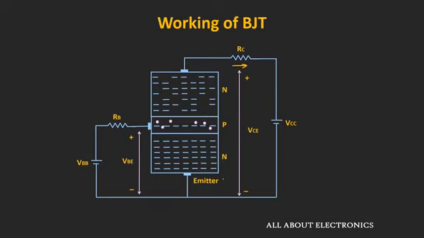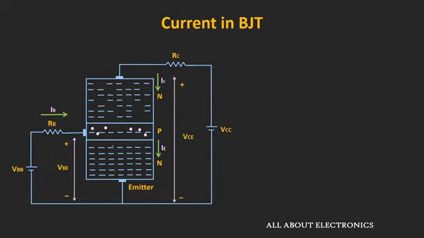VCC. So if you see the direction of the flow of electrons, from the emitter the electrons will flow in this direction, and most of the electrons which are emitted by the emitter will get collected by the collector region, and only a very small amount of electrons will flow in this direction. And if we see the direction of the holes, it will be exactly opposite to the flow of electrons. And in fact, the conventional current will also flow in the same direction. That means the base current IB will flow in this direction, while the collector and the emitter current will flow in this direction. So now let us establish the relationship between all these currents.